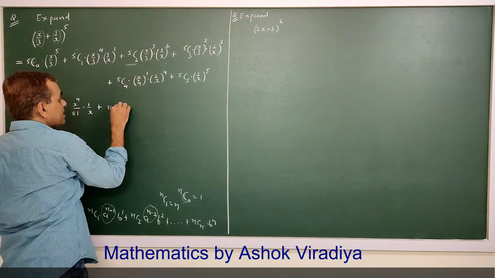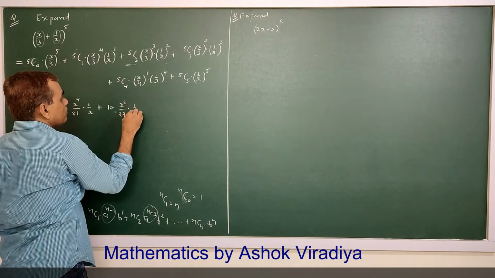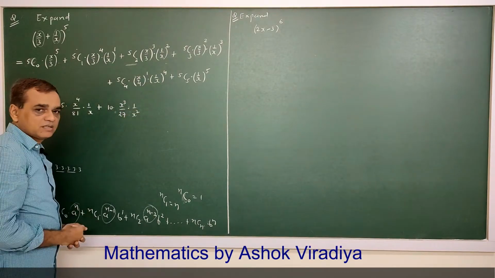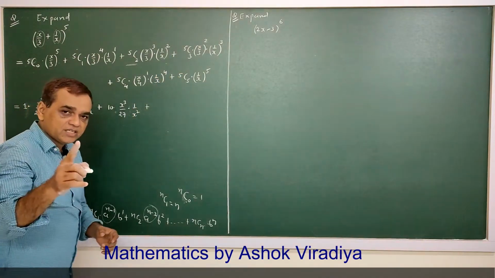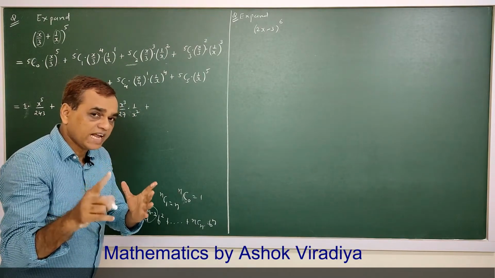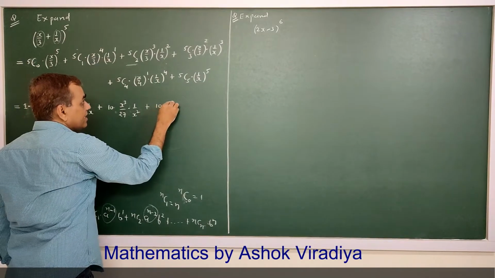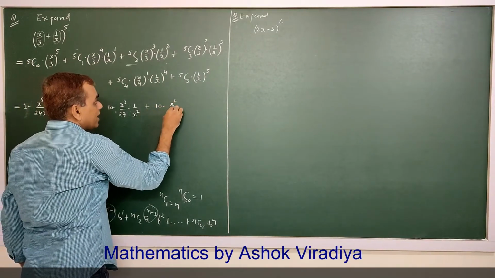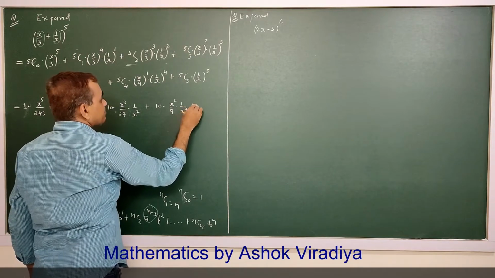This will be x cube upon 27 into 1 upon x square, plus 5c3 is 5c2 and 5c2 is 10. So 5c3 is also 10 into x square upon 9 into 1 upon x cube, plus